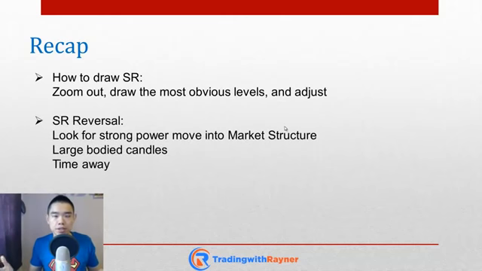Second thing, support resistance reversal. You want to look for a strong power move into market structure. The larger the candles, the better it is, because as I explained earlier, a couple of reasons. You don't have opposing pressure to push the trade against you. And also, breakout traders, when they cut their loss, it would actually result in a very swift reversal. So the stronger the price comes into a level, when the reversal comes, it could be just as swift